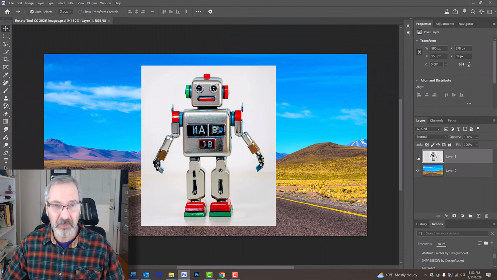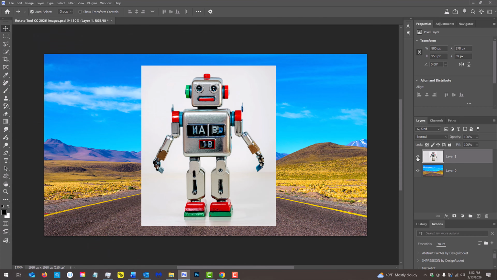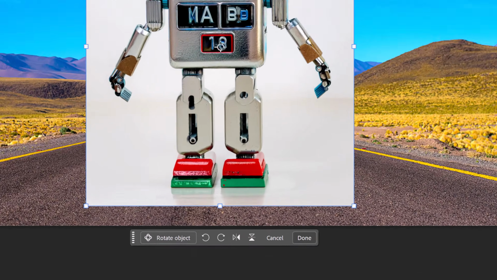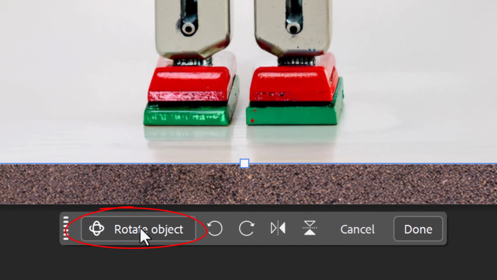In this example, I'll manipulate this tin toy robot so it appears to be standing on the highway and then blend the rotated object with the background using the Harmonize filter built into the same contextual taskbar as the rotation tool. So let's begin. Open the Transform tool by pressing Ctrl or Command T and click Rotate Object in the